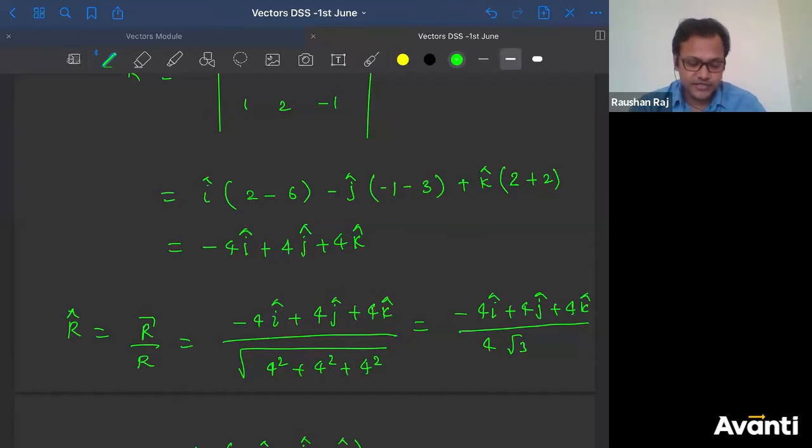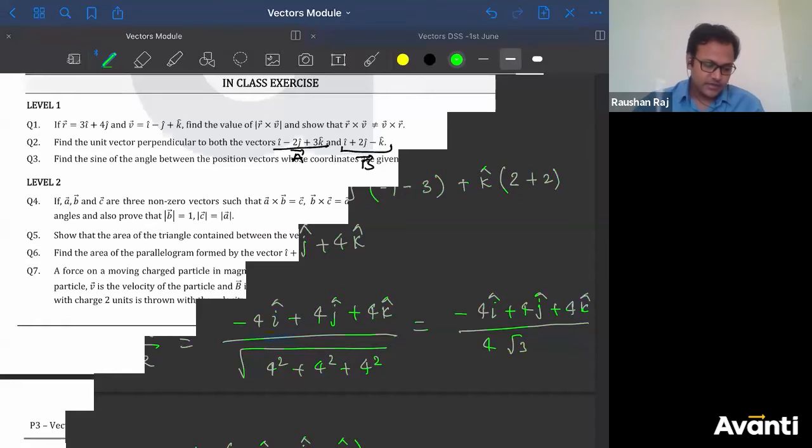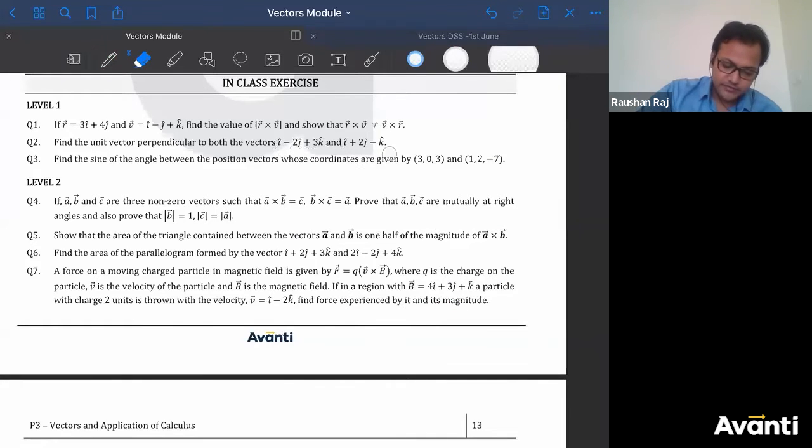Click yes if you have understood this. Question number 2. Guys, click yes if you have understood this. Thank you. Very good. Now let us move on to the next question. Come on, guys. What is your next doubt? Thank you, Kushal. Okay, next doubt, please post your next doubt. Come on, guys.